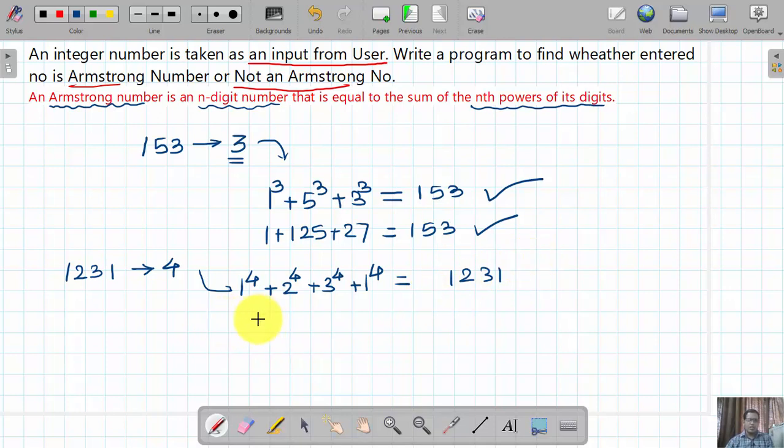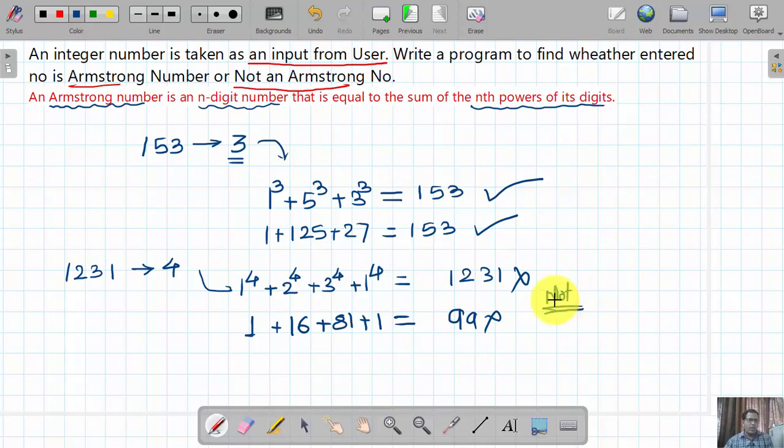So 1, then 2 raised to the power of 4 is 16, plus 3 raised to the power of 4 is 81, plus 1. The result is 16 plus 1 is 17, 98, plus 1 is 99. As these numbers are different, this number is not an Armstrong number.